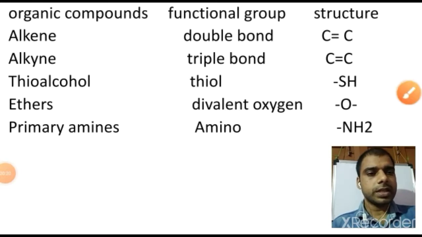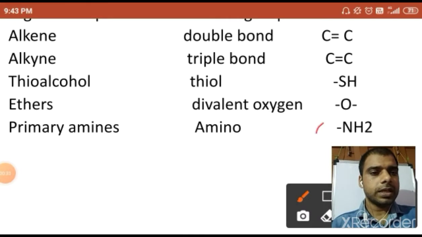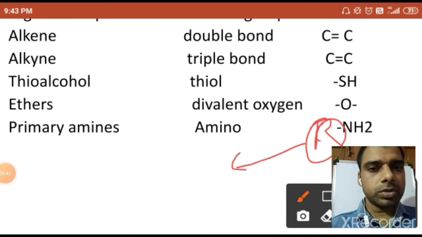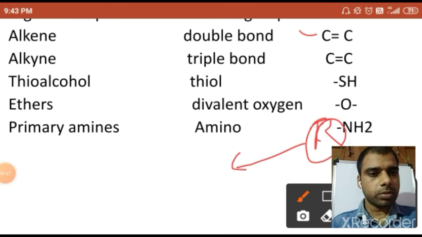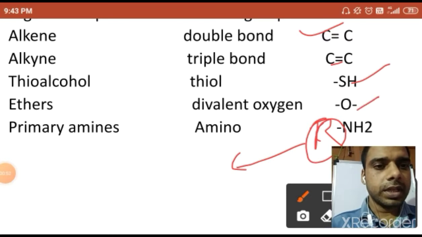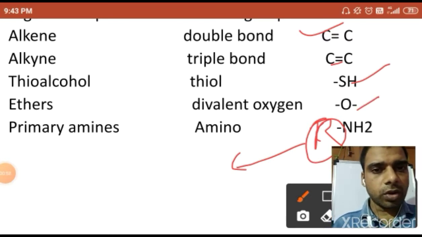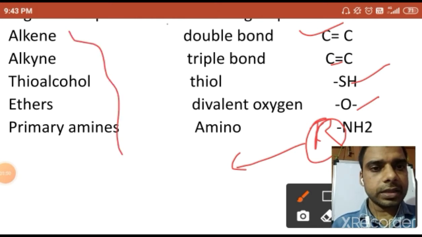You can see here this primary amine, there is a linkage, that means R is the alkyl chain, a long alkyl chain can be linked with that one, and that will give you long chain organic compounds. Here you can see double bond is there, triple bond, sorry, this should be triple bond, thiol SH, and this one is ether. Now we can say that these are the organic compounds, and here the functional